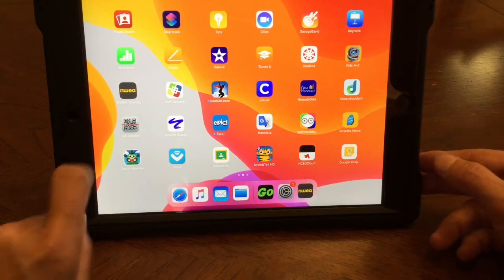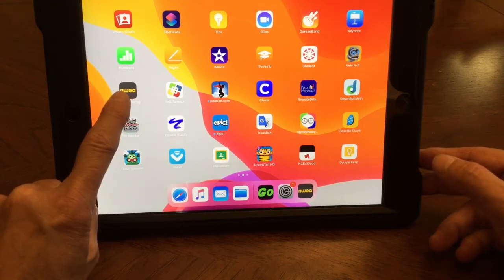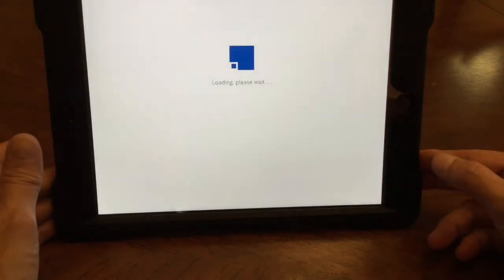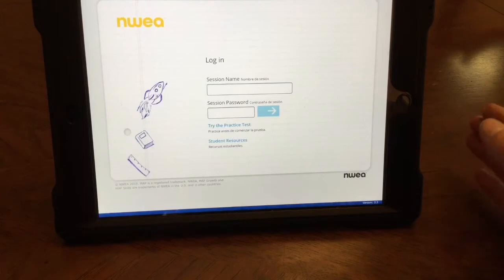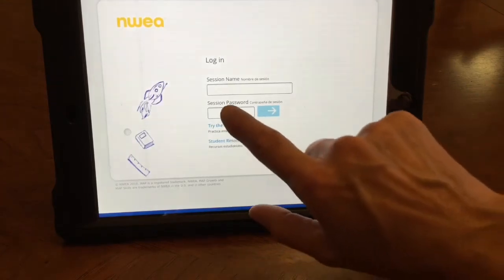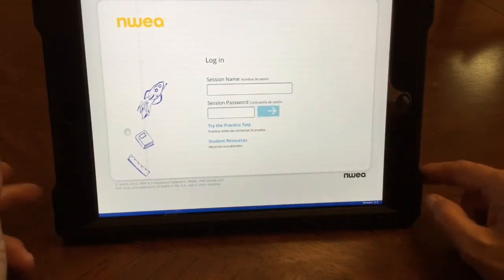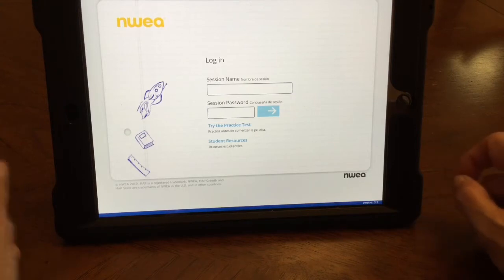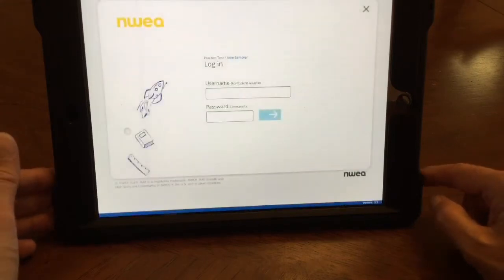Now you're going to look for the app that looks like this, the black button with the yellow NWEA on it, and you're going to tap it. And it is going to take you to this screen. Now, when we take the real test on Wednesday and Friday, your teacher will send you the session name and the session password. But today we're going to focus on the practice test so I can show you how this works. So we're going to tap the try the practice test, and it's going to take you to this